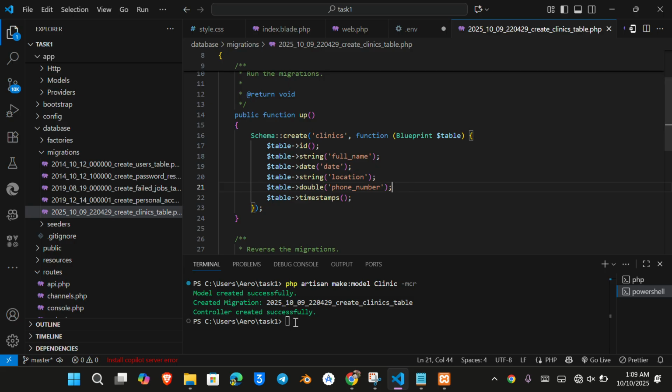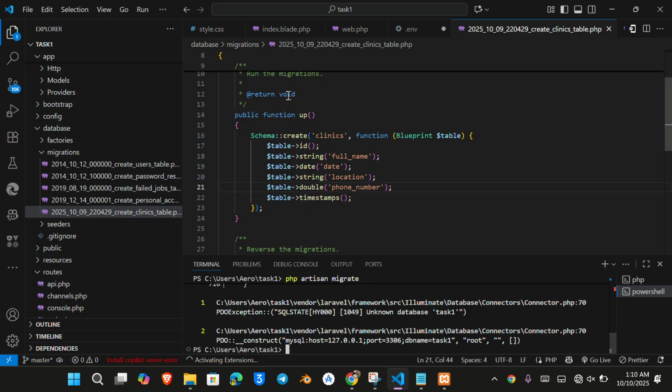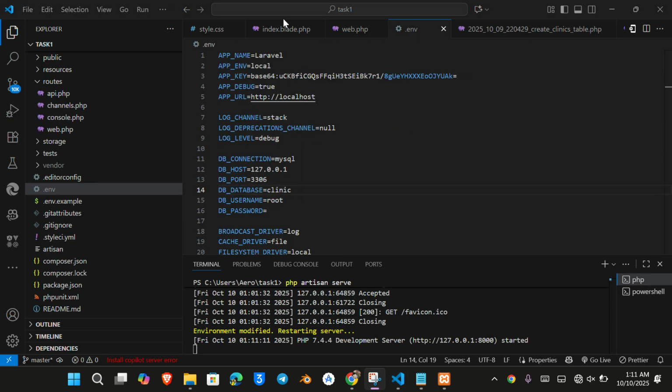Then we are going to run our command to migrate the columns to our database, which is php artisan migrate. Migrate, it brings some errors, so we can stop here, and in the next video we'll be working on adding fillables in the model